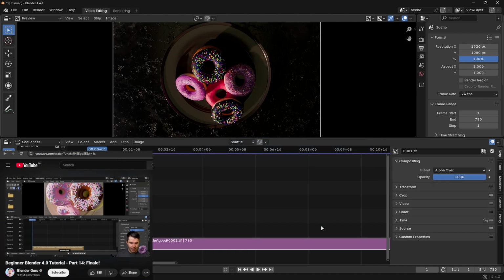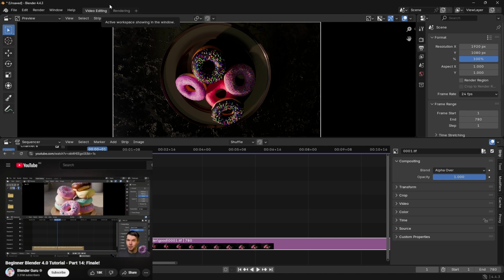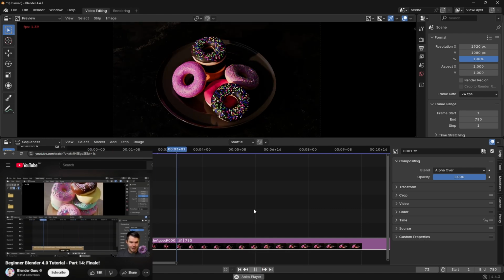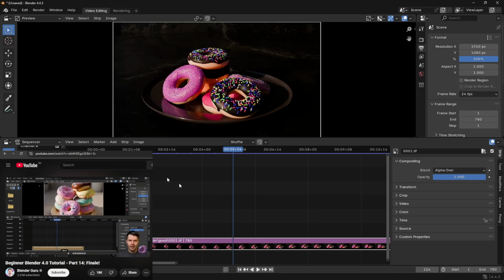Now you can see we've got this strip at the bottom here. And if we hit the space bar, we should see at the top the image sequence playing. Awesome. Now, it looks a little slow, and you'll see, actually, in the top left-hand corner, it's playing at 24 frames a second. And that's because although we set